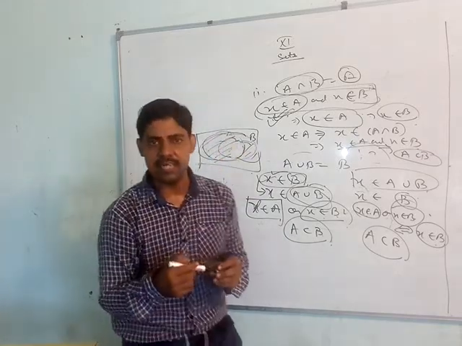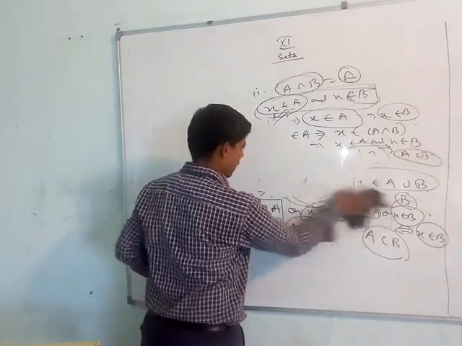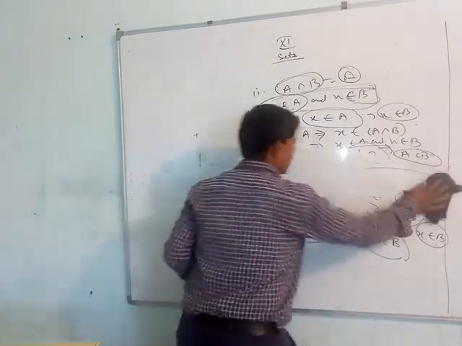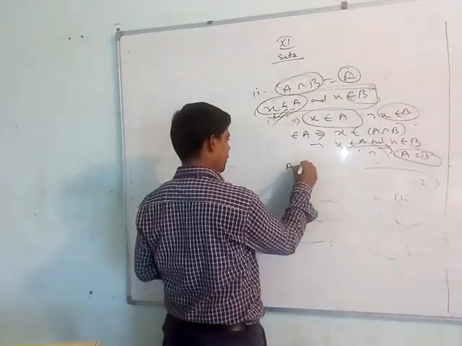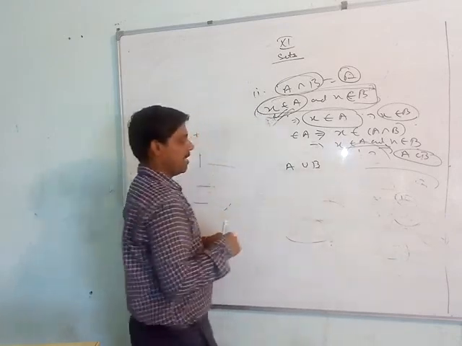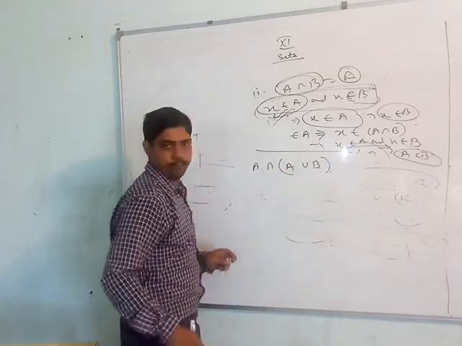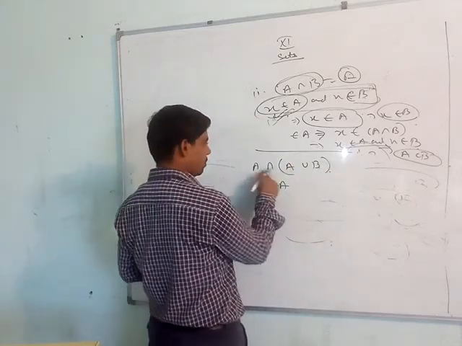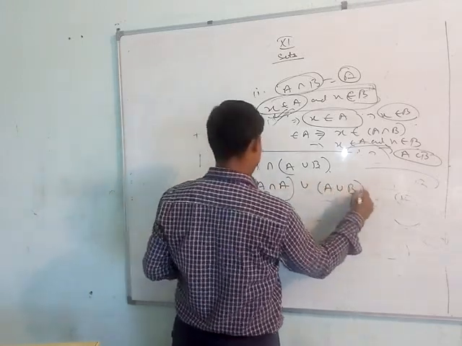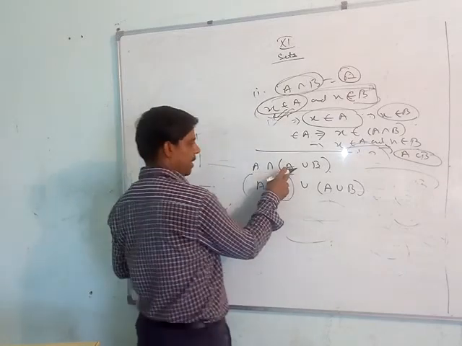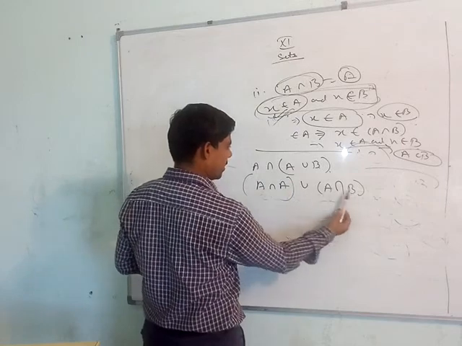So B is definitely greater than A, and therefore A is a subset of B, and all the elements will be there, right? How else can we prove that A union B is equal to B? Let us try intersection. Suppose we try A intersection (A union B). According to the distributive property, it is (A intersection A) union (A intersection B), right?